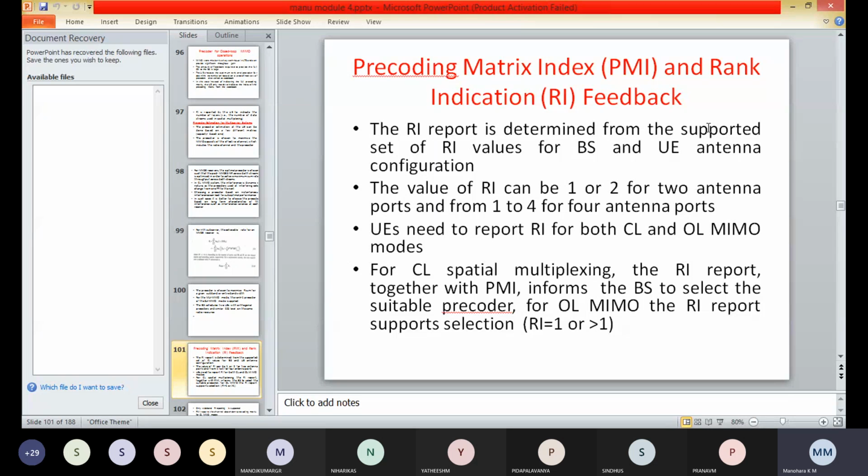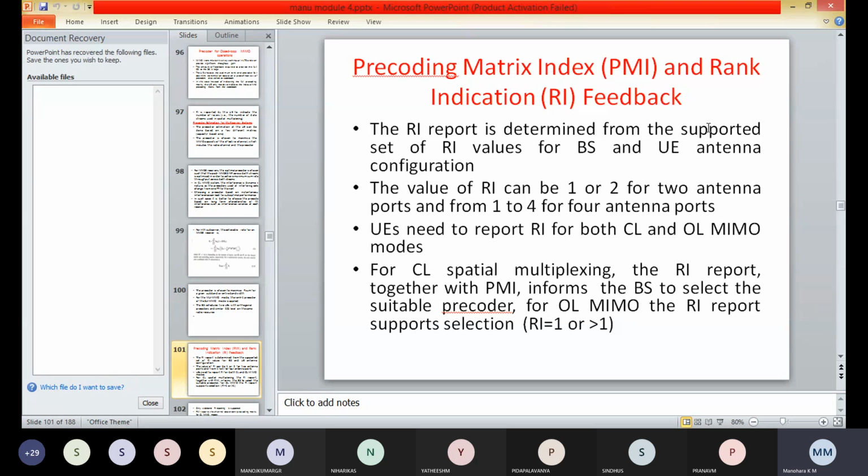So here the rank indication report is determined from the supported set of rank indication values for the corresponding eNodeB and the user equipment antenna configuration.